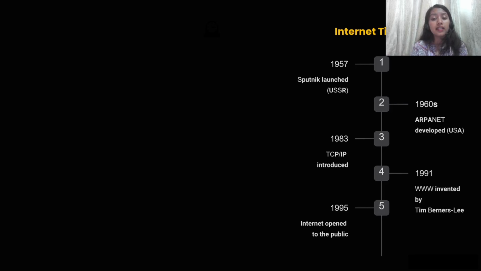The internet started a long time ago, around 1969. At that time America made the first network called ARPANET, so that computers could share their data. The first ever message sent on the internet was "login." It was sent from the University of California to Stanford University. But due to some issues, the system crashed after just two letters, like only "LO" was sent on the internet. So the first message in internet history was only LO, but from this LO